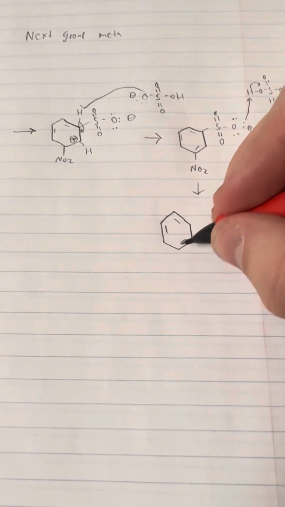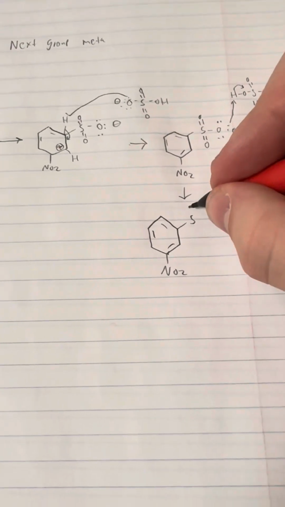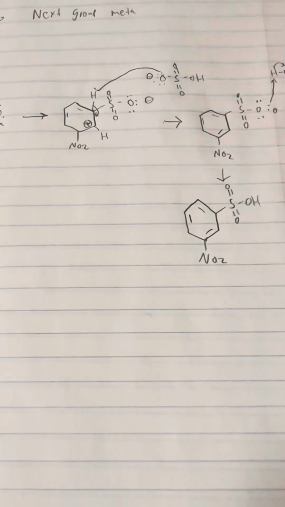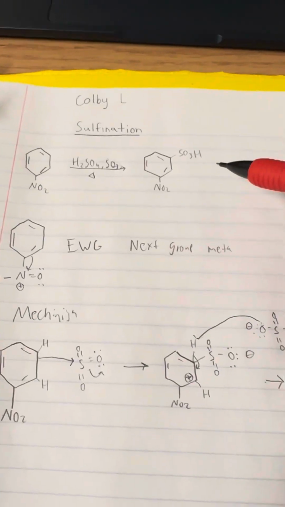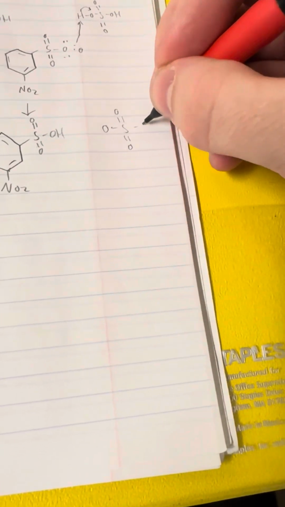We have our NO2. And now we just have our SOH groups, which if we look up here, we got SO3H. And our final product is supposed to be SO3H. Additional products that we'll have will be this, H, the negative sign over here. And just to make it a little more clear,